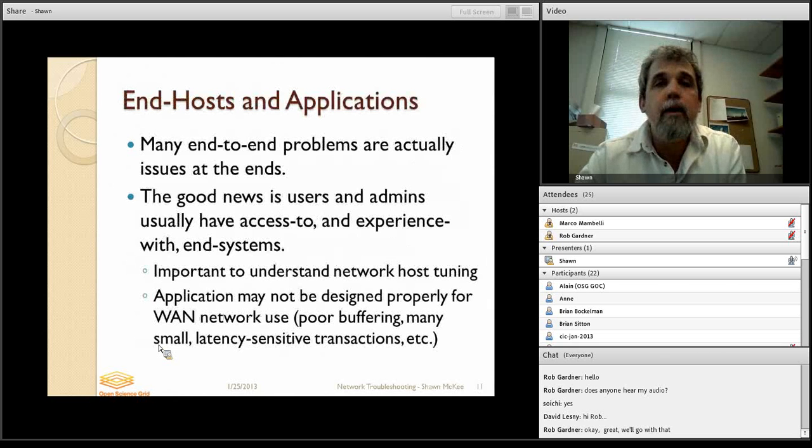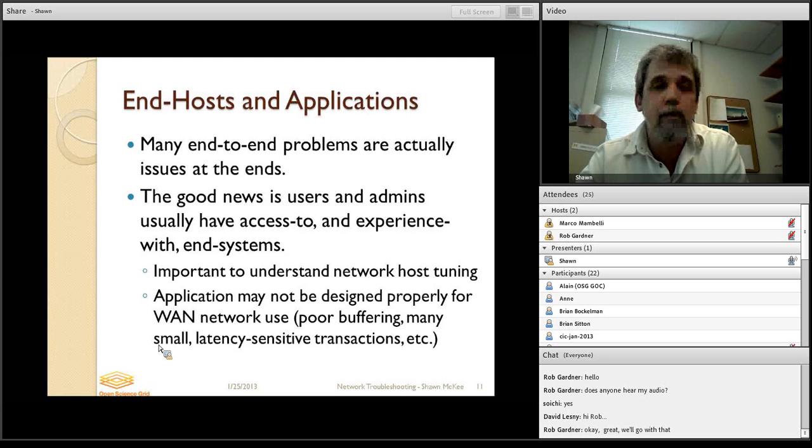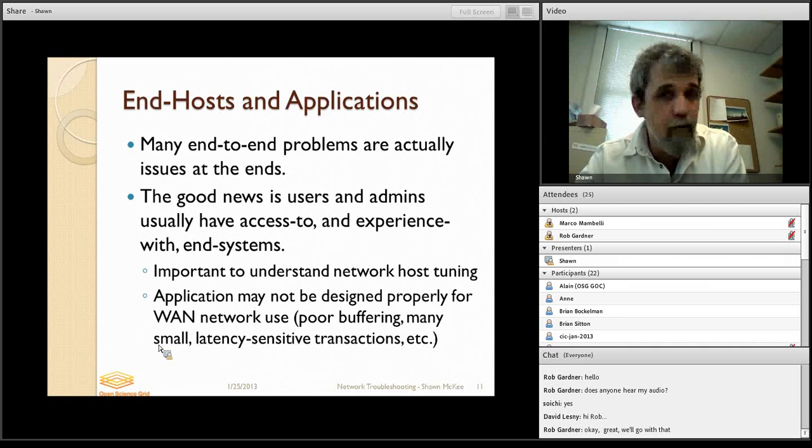So in terms of end hosts and applications, as I've mentioned, many of the end-to-end problems are actually issues at the ends. The good news is that users and admins usually have access to and experience with end systems. There's something they can get their hands on, and they understand them usually, certainly at a much better level than they typically do of the network. So one important aspect of the end systems is to understand how the network host has been tuned. How has the network stack on a particular host been tuned? How are the drivers, firmware, and the application all